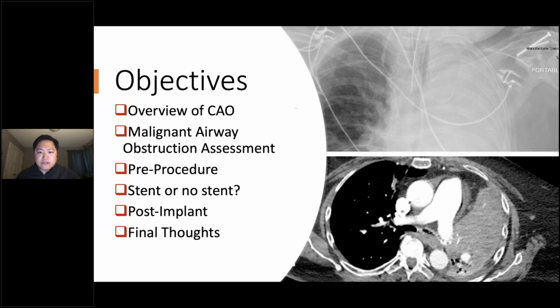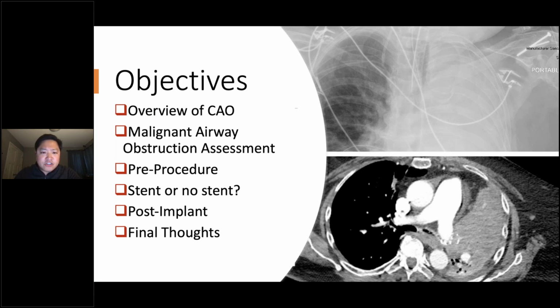So if you look to the right, there's a chest x-ray and there's a CT scan. I'm going to begin the talk with a very brief clinical presentation of a patient in her early 60s with COPD, who, as you can see, has an endotracheal tube for acute respiratory failure. You can see the left side of the chest has a whiteout or opacity. And the correlate CT scan shows a really sizable left upper lobe mass with obstruction of the left main.